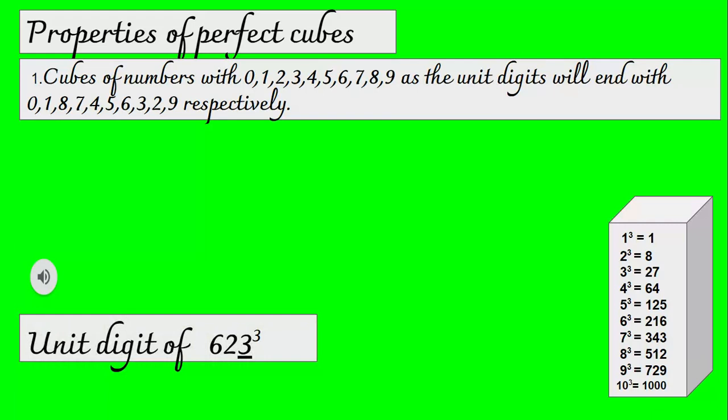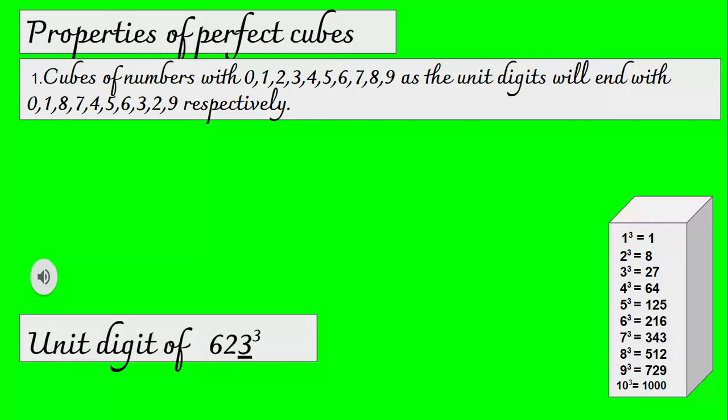So, for that, you can apply this logic. Which logic? We know the cubes of numbers from 1 to 10, right? So, we basically know the values of the first 10 perfect cubes, and knowing these is more than enough to predict the unit digit of the cube of any number. How? Let's just focus on the unit digit of the number. Now, this unit digit has to be one of the digits between 0 to 9, right?